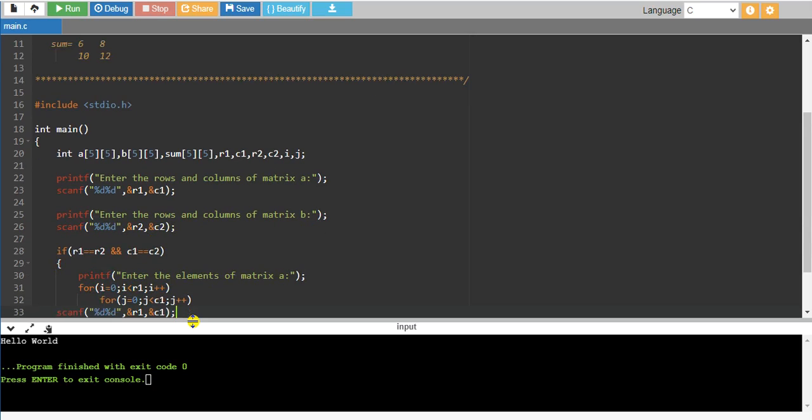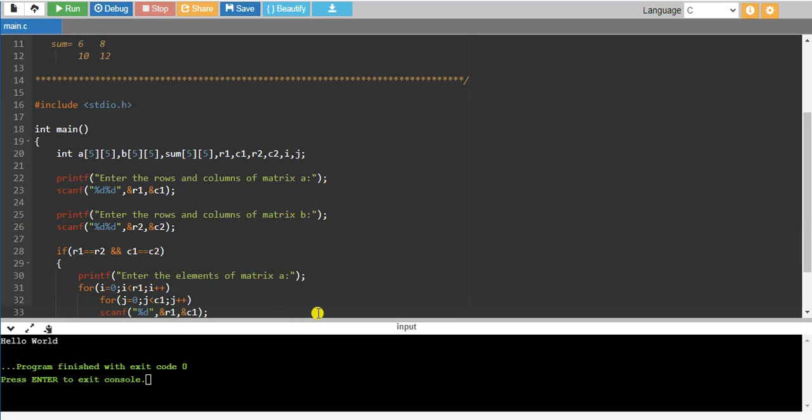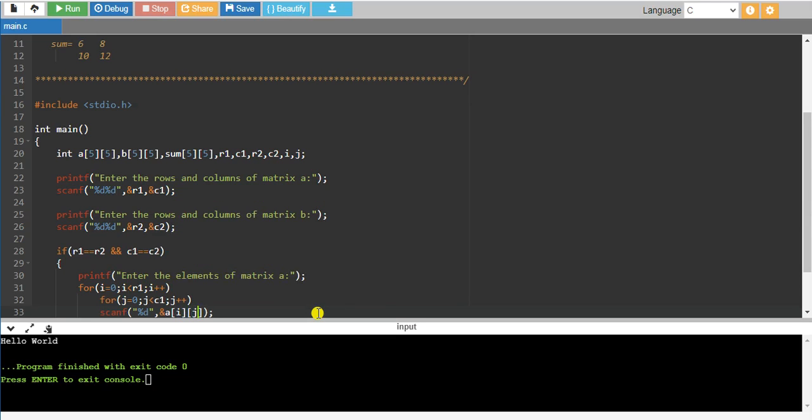After this, scanf with %d for array a, ampersand a of i, j, right? Next we have to enter the elements of matrix B also.